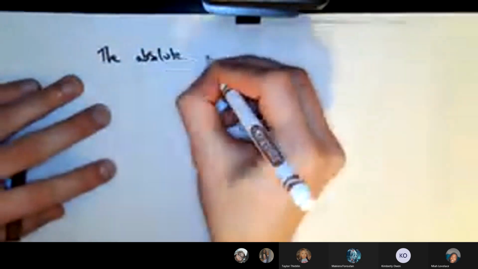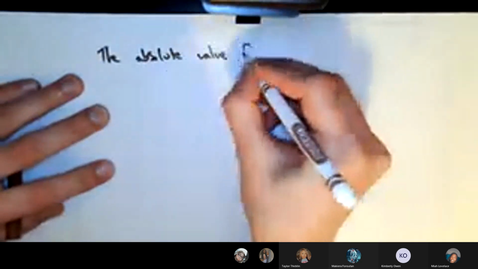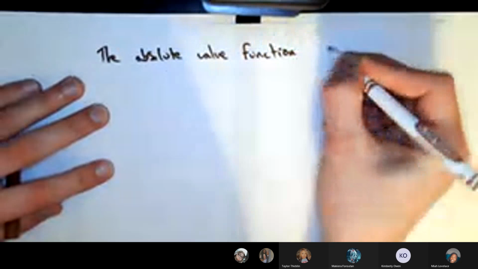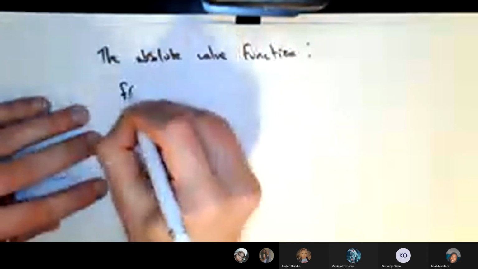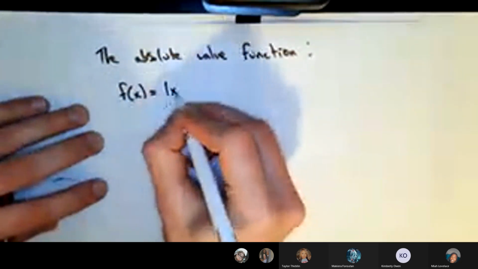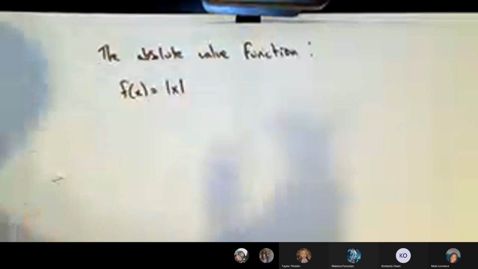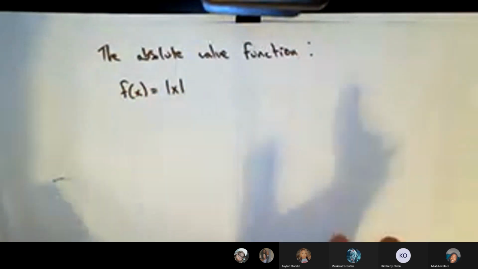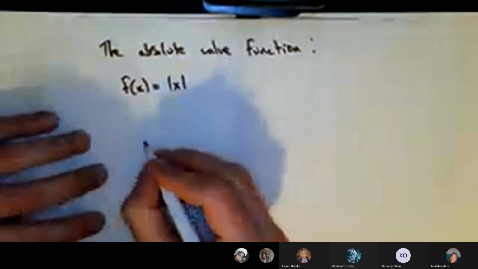The absolute value function. Let's talk about that real quick. I think we did something with it earlier. Let's quickly remind ourselves what that is. f of x equals absolute value of x. Remember that it takes in negatives and creates positives. So what I mean by that is